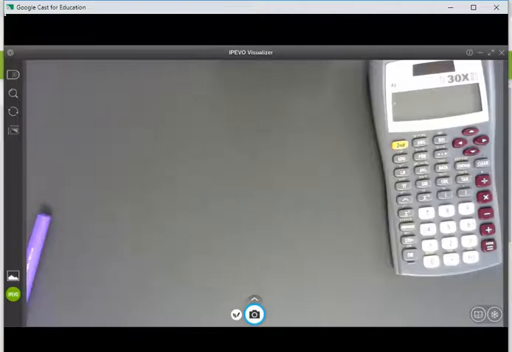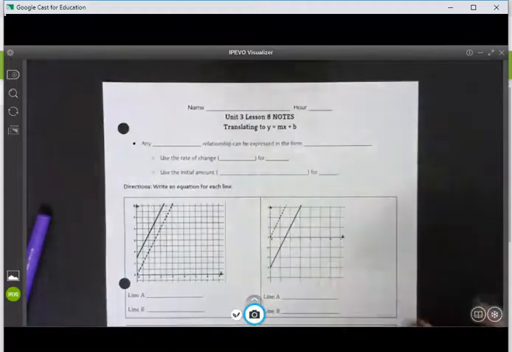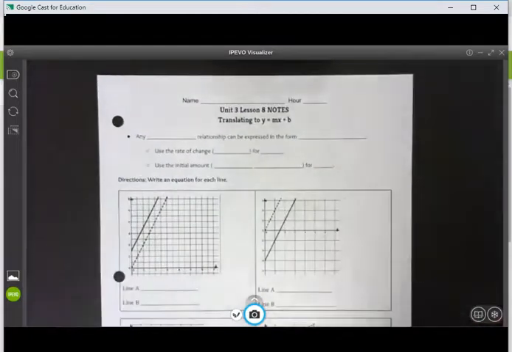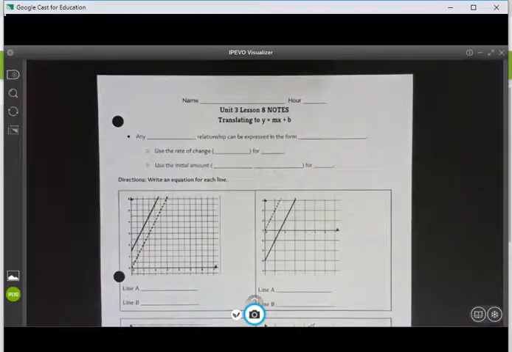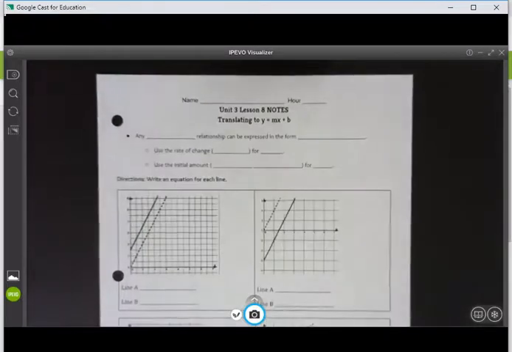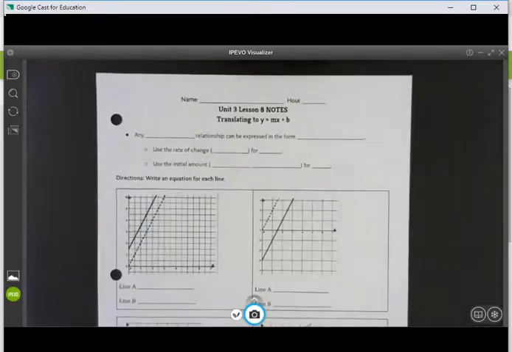All right, so we're going to be going over the Unit 3 Lesson 8 notes. In this set of notes, we're going to be writing equations for linear lines. We've already done part of writing equations before. Now we're adding one more piece to it. Okay, so for any linear